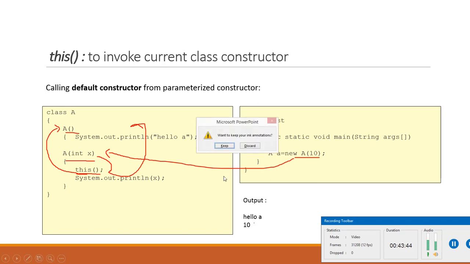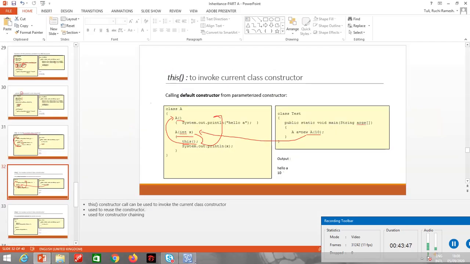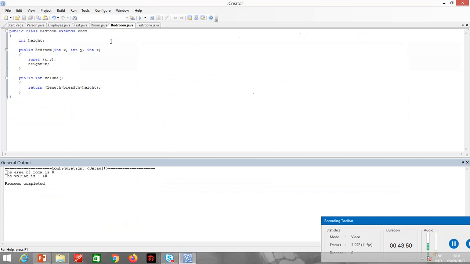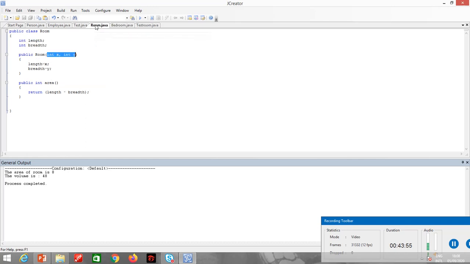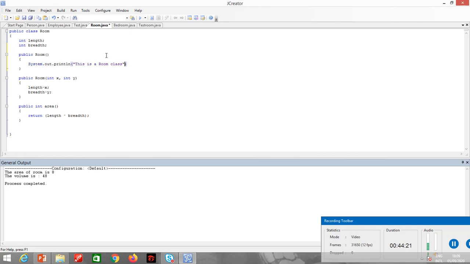So for example, let me just quickly do a simple program to show you the same thing. For example, I have over here Room, right? If I write here, for example, public Room, and then I write here System.out.println, this is a room class.